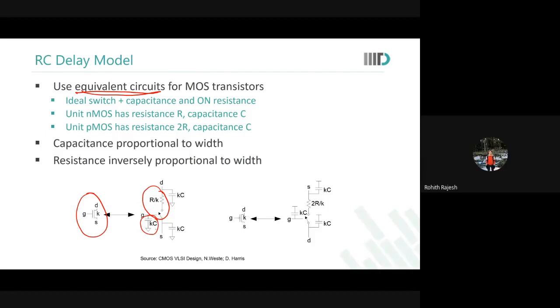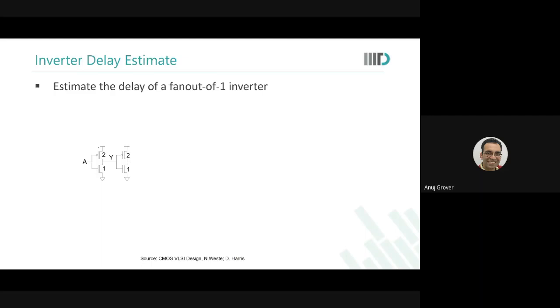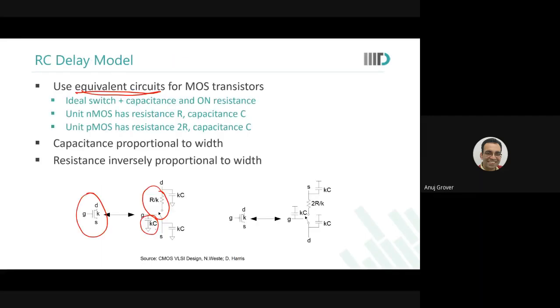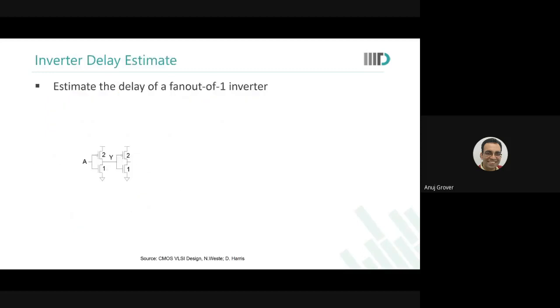Yes, sir. So now what we will do is, we will not put this K everywhere. Okay. We will simply put the size of my inverters as 2 by 1. Now that doesn't mean 2 microns by 1 micron. It simply means they are proportional: if one has size 1, the other has size 2. Because with every technology this will change. So what we want to arrive at is a method to estimate delays independent of technology, so that we can figure out which circuit topology is better than the other.